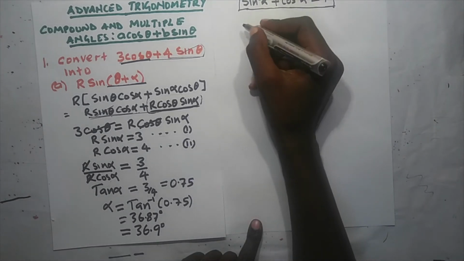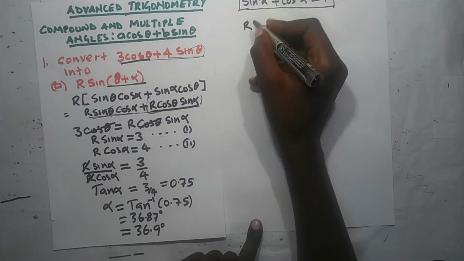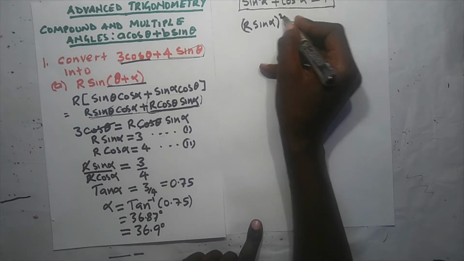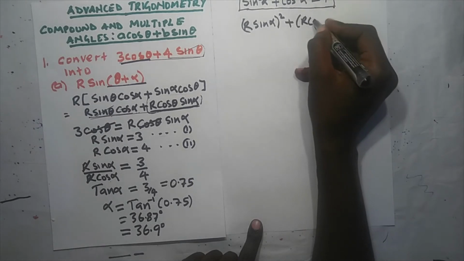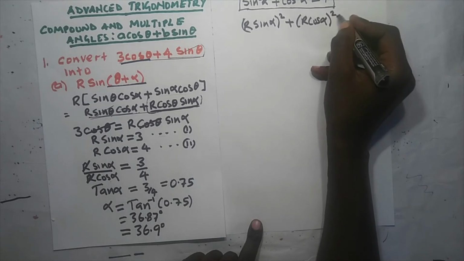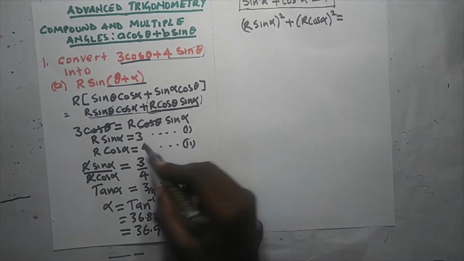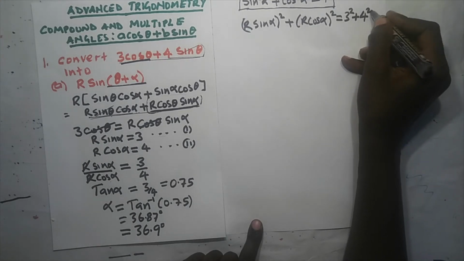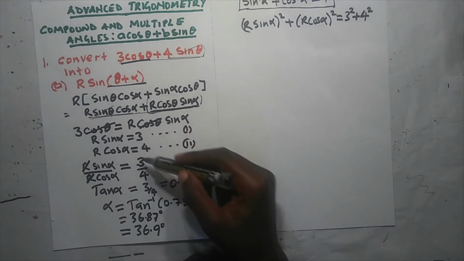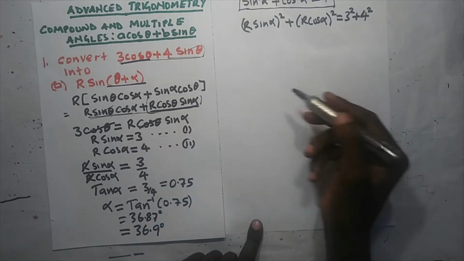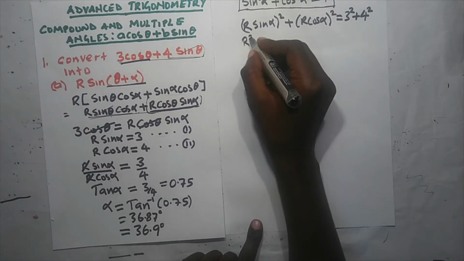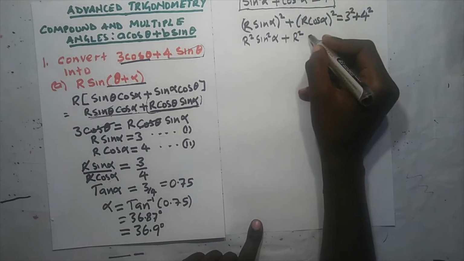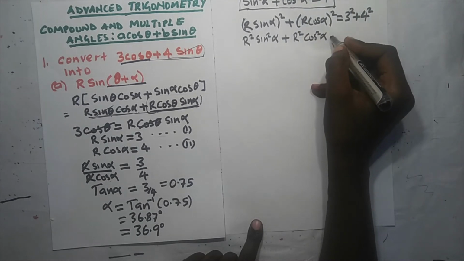So R, equation 1, R sine alpha in brackets squared plus R cos alpha squared is equal to, remember R sine alpha here is 3. So 3 squared plus 4 squared. So we are squaring even on this side of the equation. So we square both of them and add them. So here we are going to have R squared sine squared alpha plus R squared cos squared alpha is equal